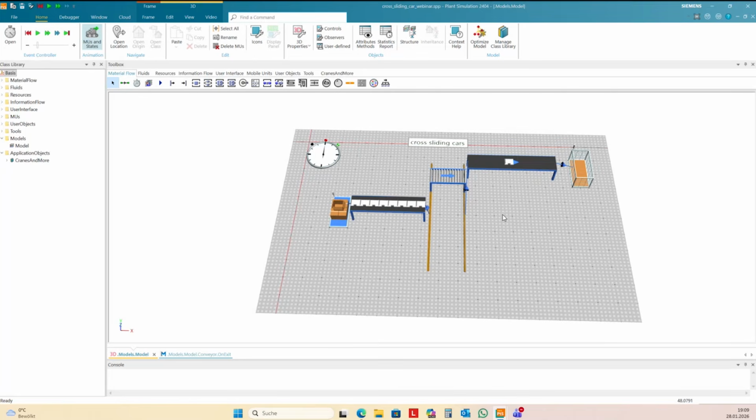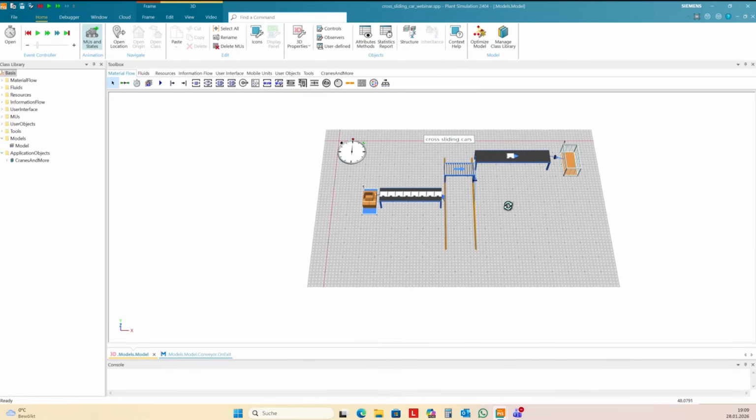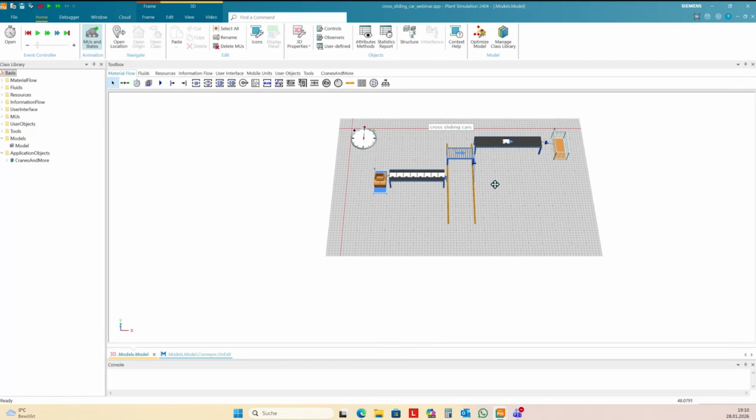And so maybe you need to create your own cross-sliding car if this behavior is not sufficient for you. Maybe you need to turn the cross-sliding car while moving to change the direction of the part. And so you need to create your own cross-sliding car.